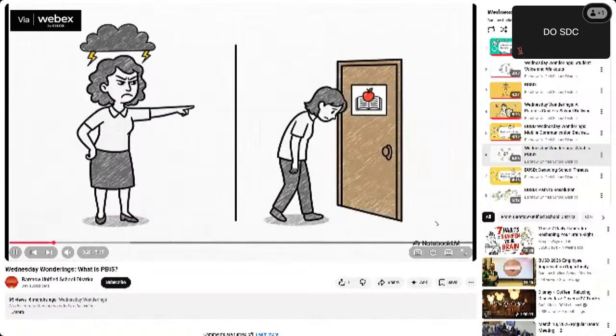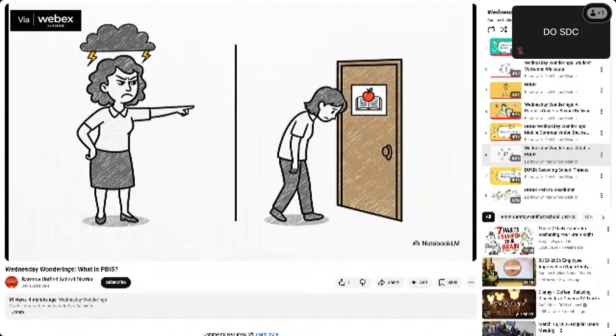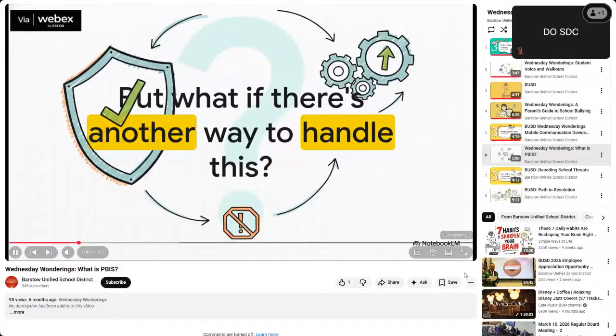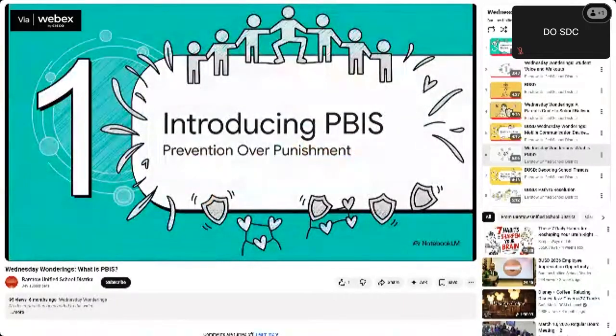And what happens next? Well, it's pretty much what you'd expect. The teacher sees it, gets frustrated, and that student is sent straight to the principal's office. That's the classic playbook, right? It's how schools have dealt with stuff like this for, well, forever. But what if that whole scene just didn't have to happen? What if the goal wasn't just to punish the action, but to stop it from ever happening in the first place? And that's exactly where this whole different approach comes into play.